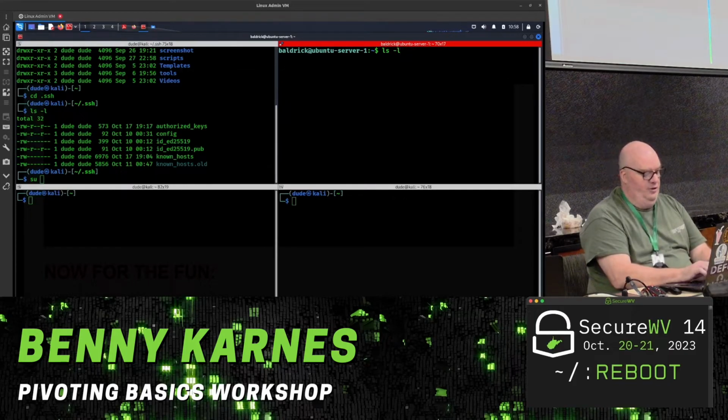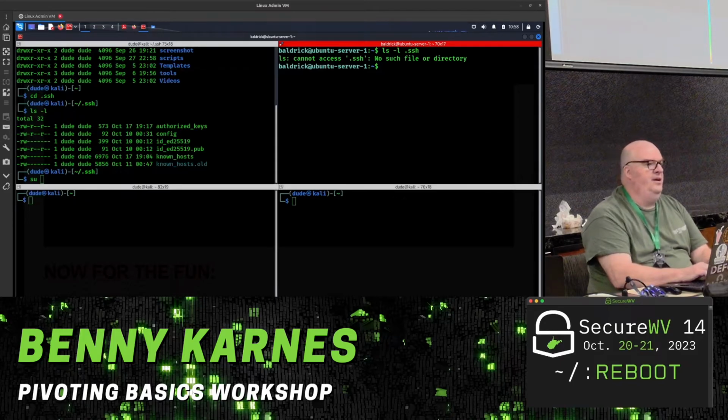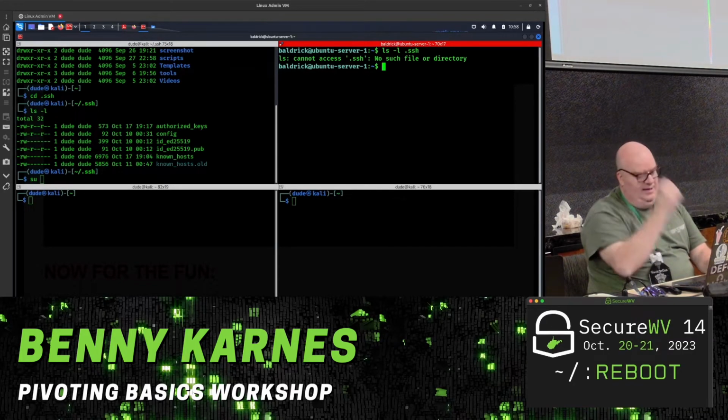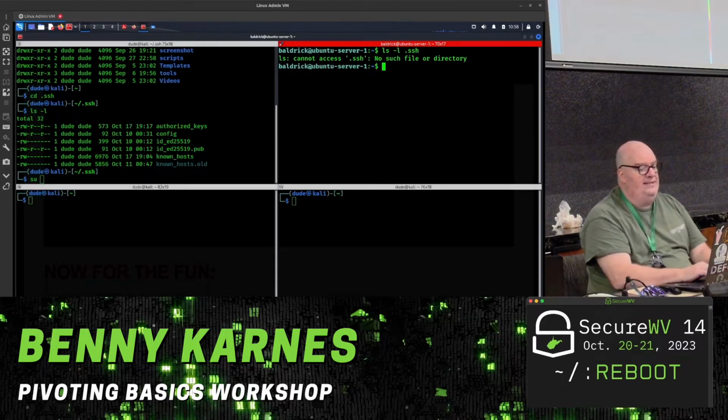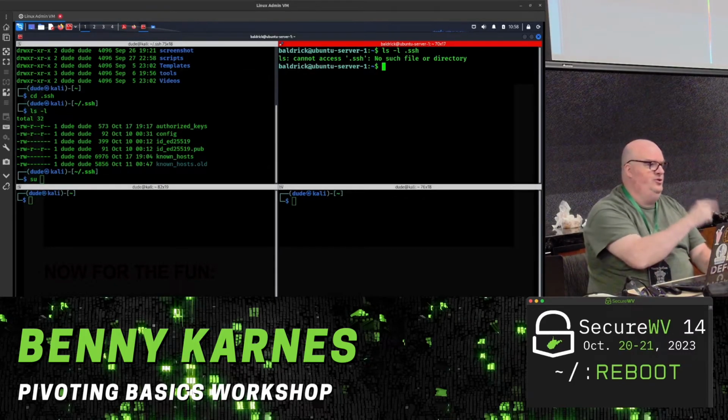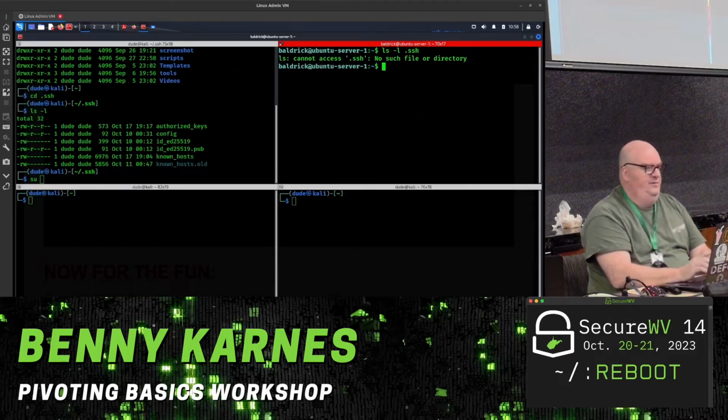Okay, if we look in SSH, there's nothing there. Baldrick hasn't used SSH, right? So what we're going to do is a little step so that we can get access. We're going to access server 2 from this one just to let the computer make all the files and all that stuff correctly. So we're going to SSH as Baldrick